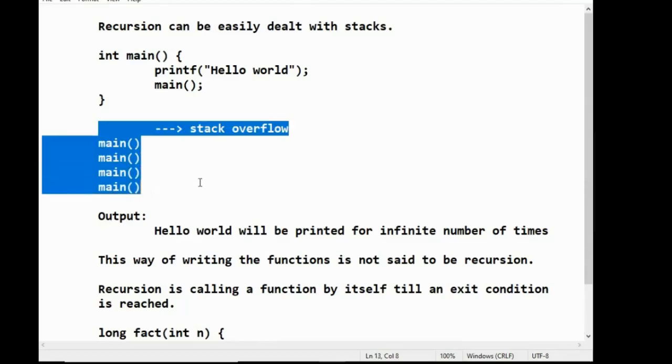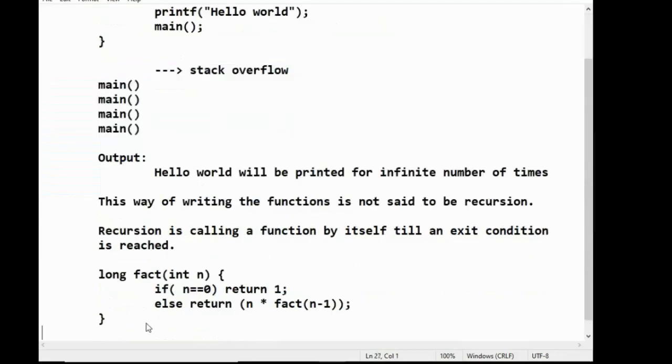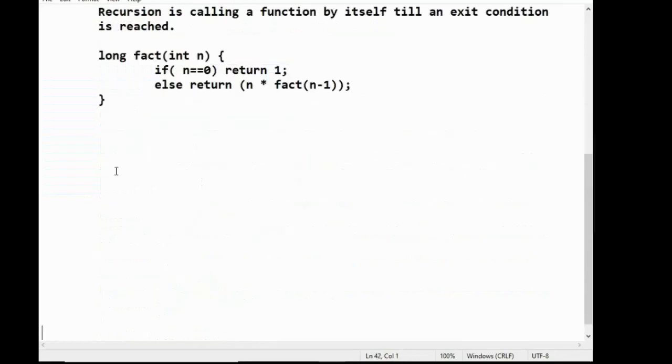In the case of factorial, if you go for stack operation, and I have given the factorial of 5, the first value is 5. 5 is not equal to 0, so next 5 into fact of 5 minus 1, that is 4.